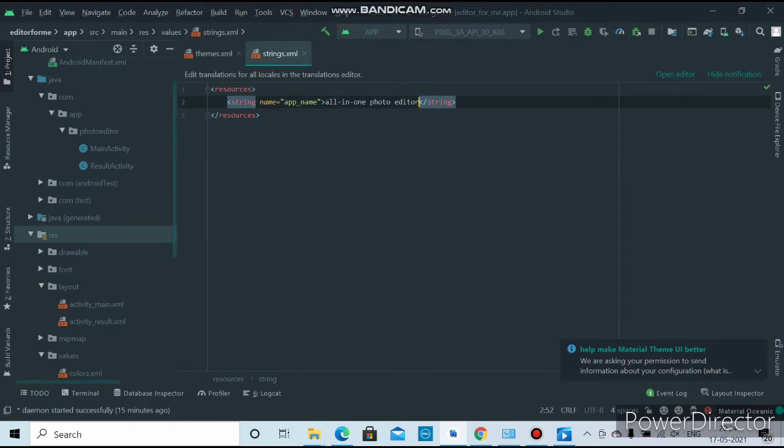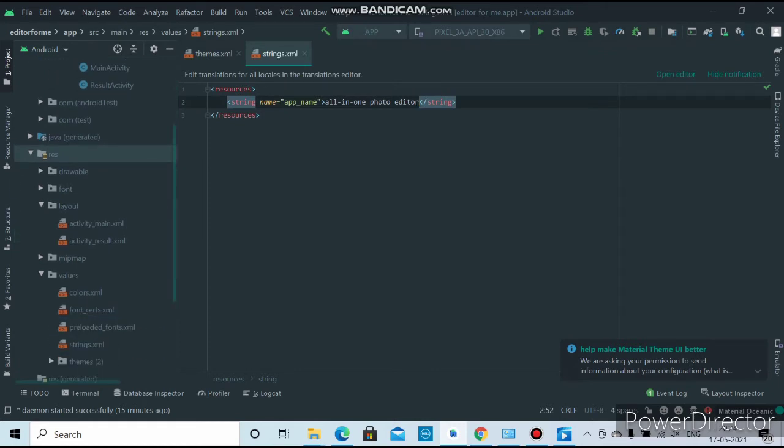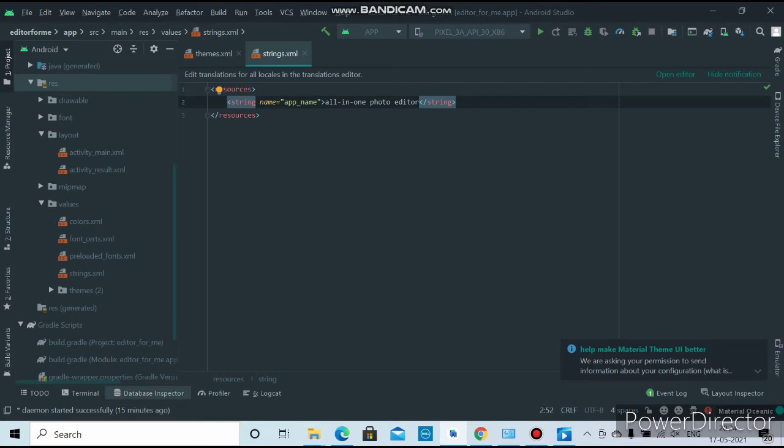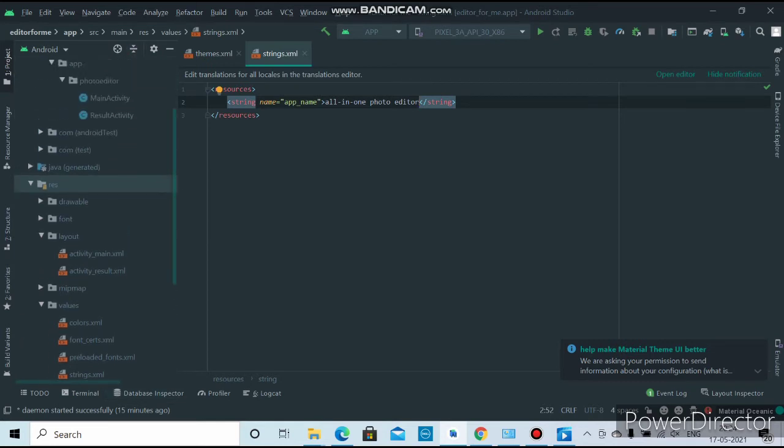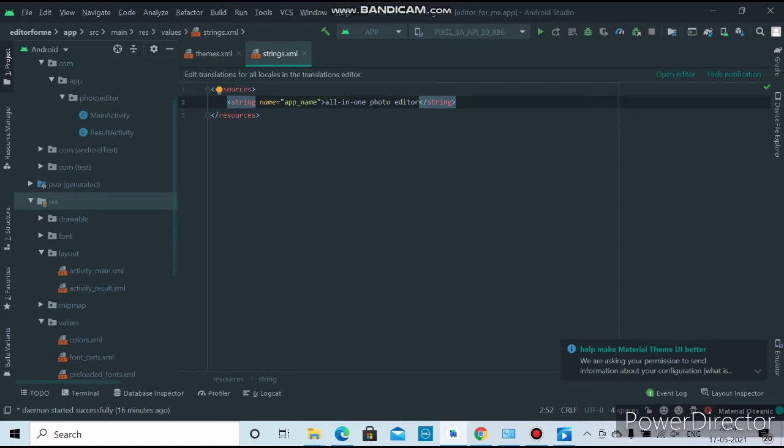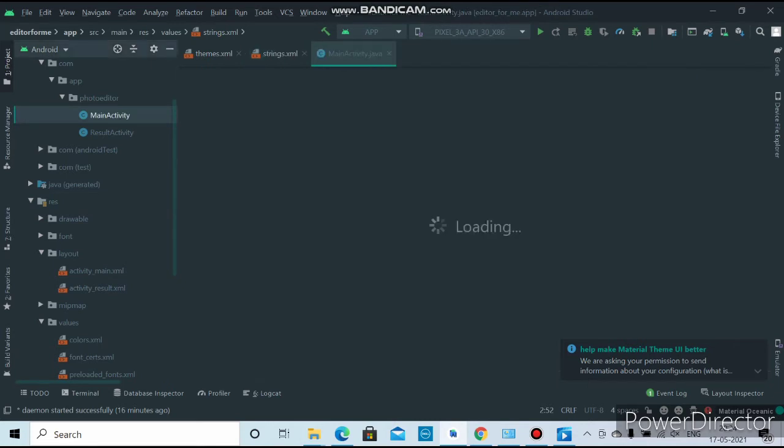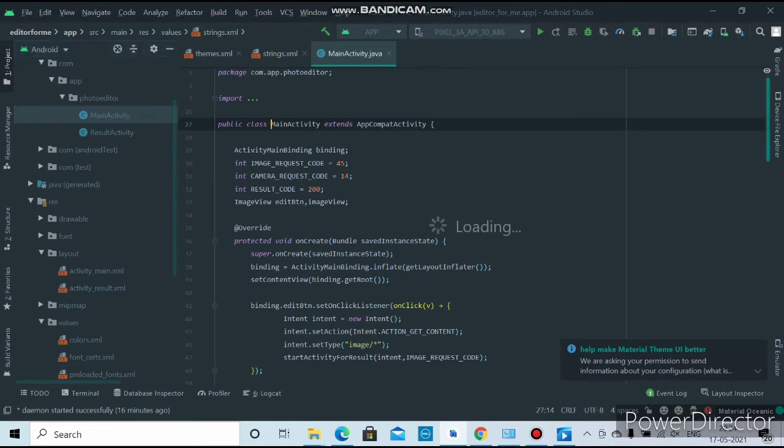So yeah, after clicking on finish, we want to generate the privacy policy, and we want to add that to the app. And this is the final thing that we want to do in the app. So you want to click on the main activity, as you can see here.